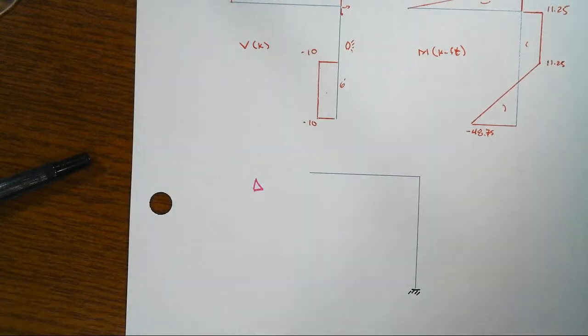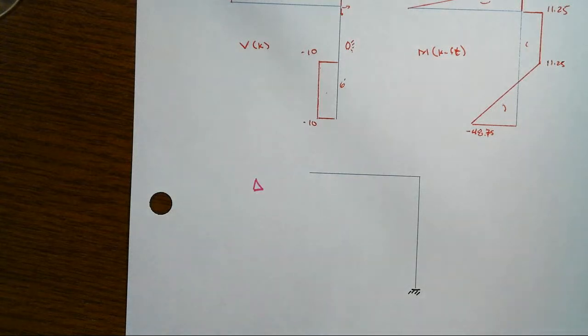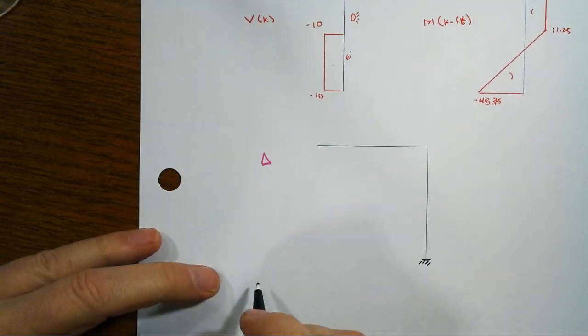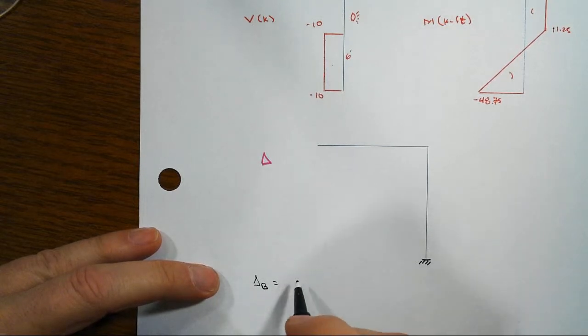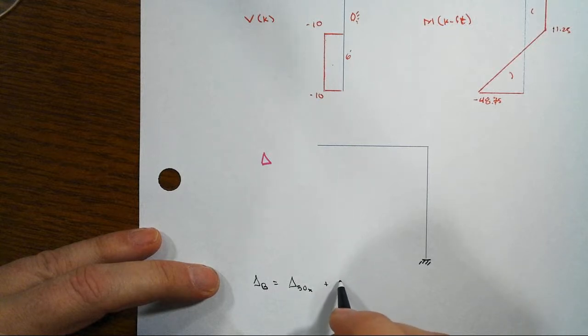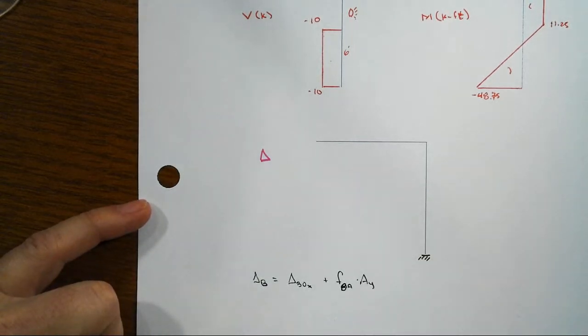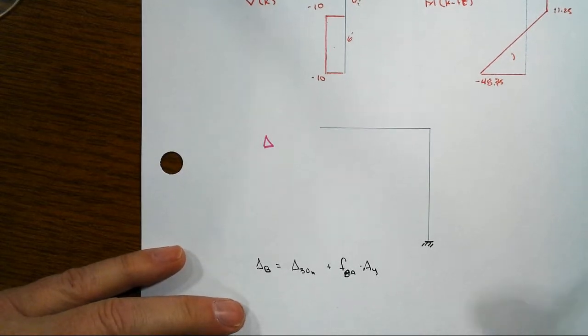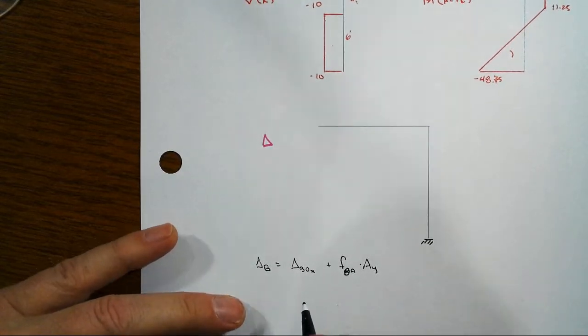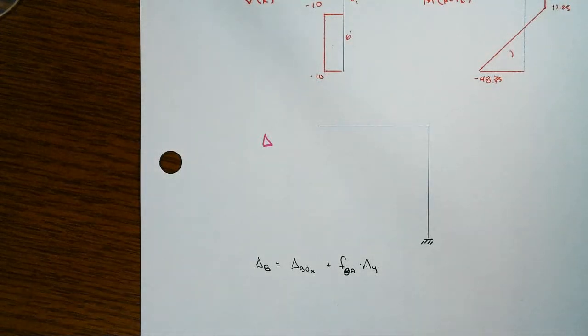And that comes back from, again, a superposition principle here, that whatever we had happen at B can be thought of as the superposition of whatever happened at B in the x direction in the primary, plus whatever happened due to the unit load at A, causing a displacement at B, times the actual value of that reaction. And if we take to the left positive, then what we found out was,